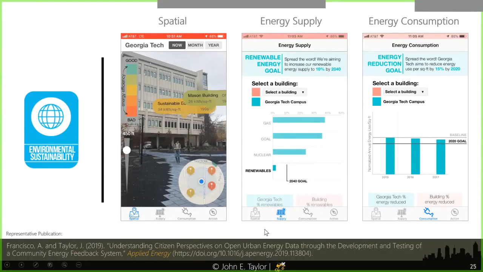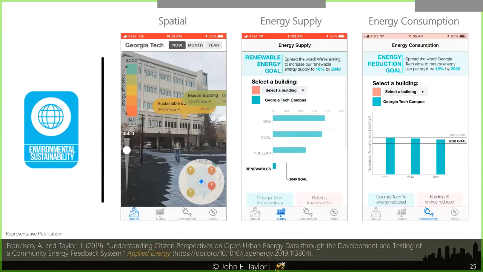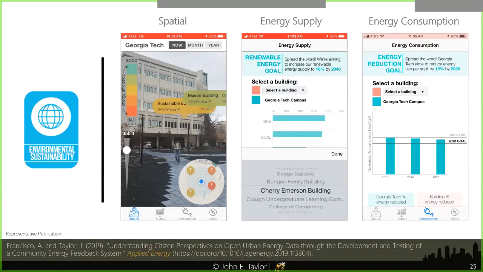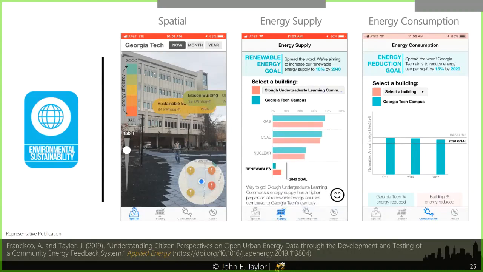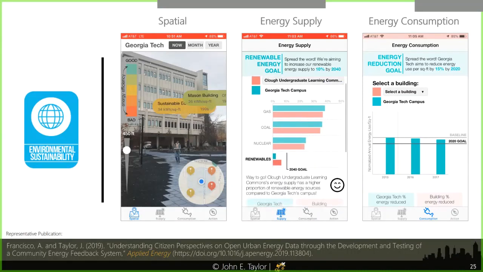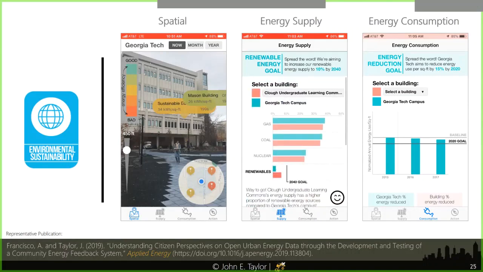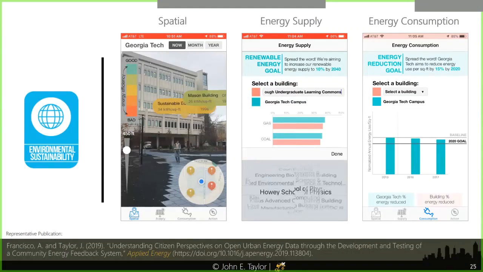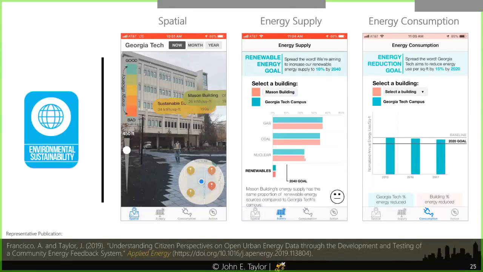Once you click on the building, you get information about the building on its energy consumption. You can also get information on the supply. So this is showing that for this building, what is the actual origin of the energy consumption. And this project was related to helping the citizens of the campus, otherwise, the students, faculty, and others, to understand where does the energy come from,